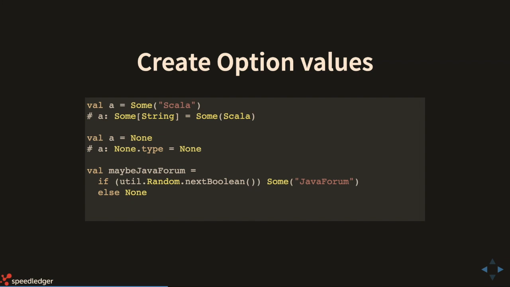And here, the normal case would probably be that you can either have a value or you don't. So in this case, it's going to sometimes set Java forum, and sometimes it's going to return null. And to get the value, you use getOrElse, which exists in Java as well. And if there is a value, it's going to pick that one. Otherwise, it's going to pick the default value. You can also obviously check for values within the option.